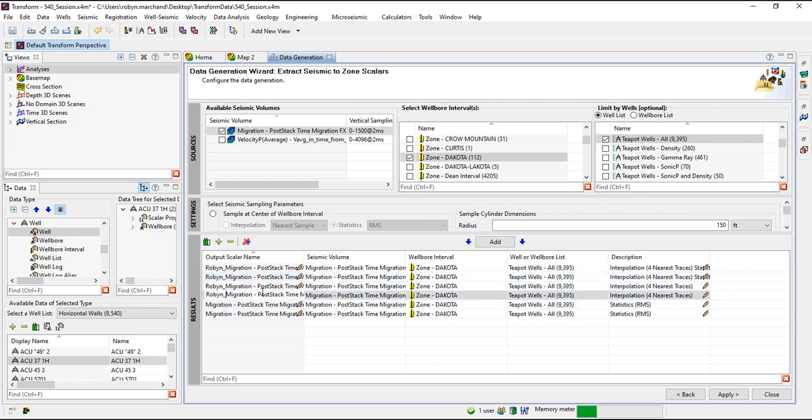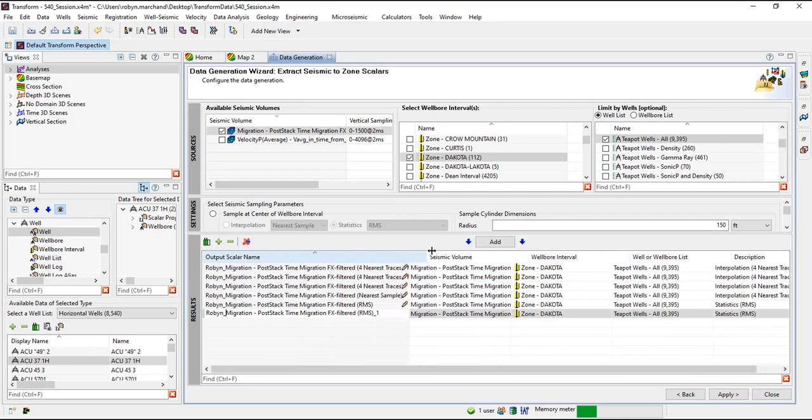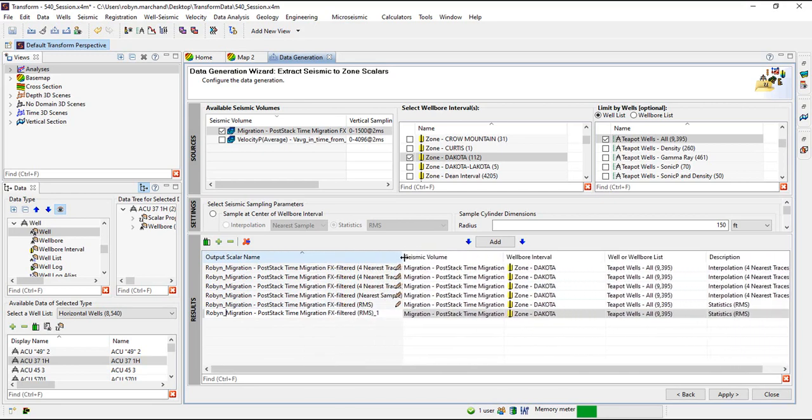These extracted seismic attributes can be found under wellbore interval extraction was made in the data tree or in the well header in the zones folder listed in the wellbore interval selected. These data can be used in well data analysis and